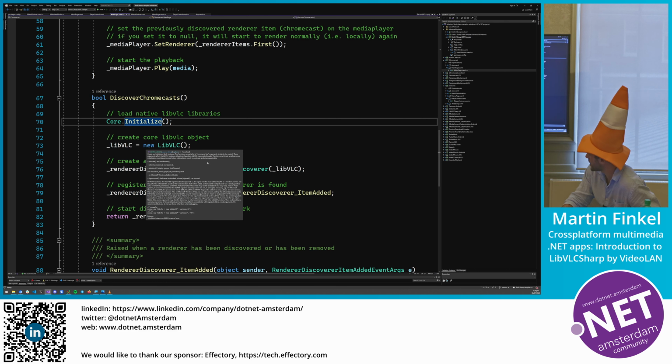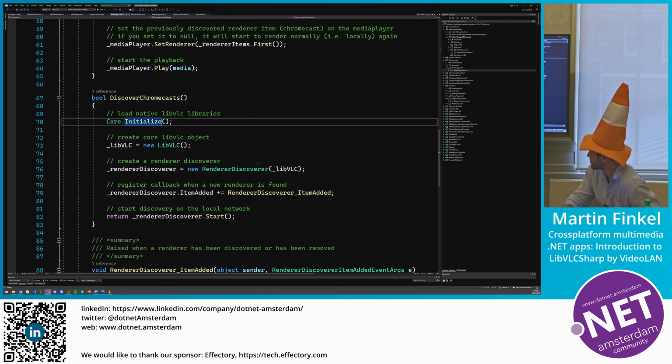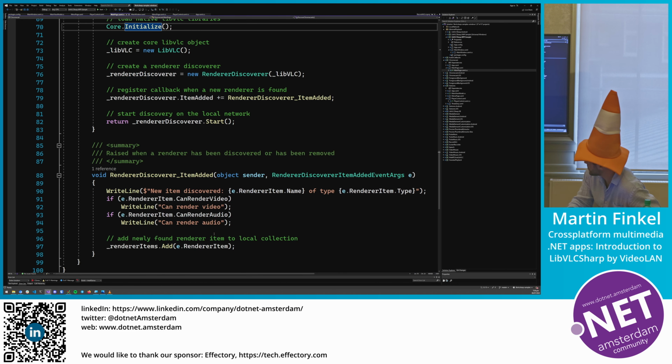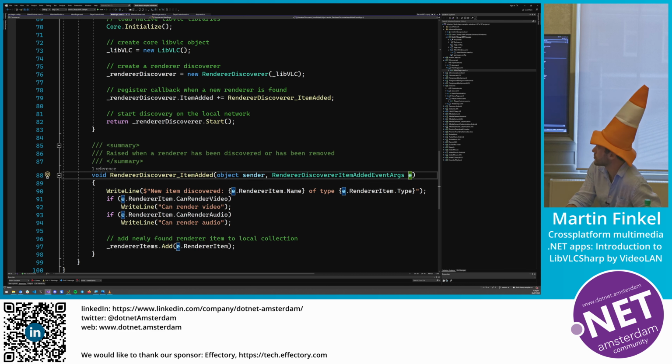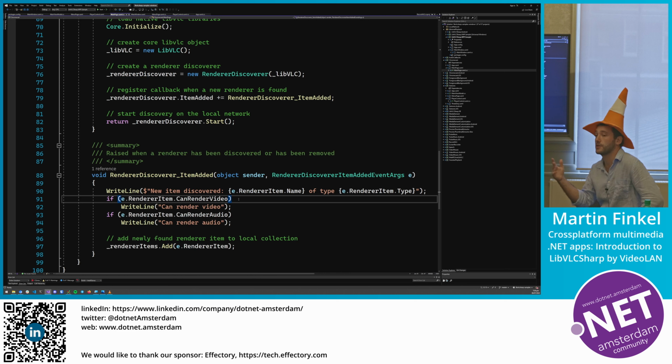You create a renderer discoverer object, subscribe to ItemAdded, which is a native event raised when a Chromecast is found. Then you start the discovery. When it's found, you will get information here from the event. And you will also know if that device can render video or not, because some Chromecasts are audio only.